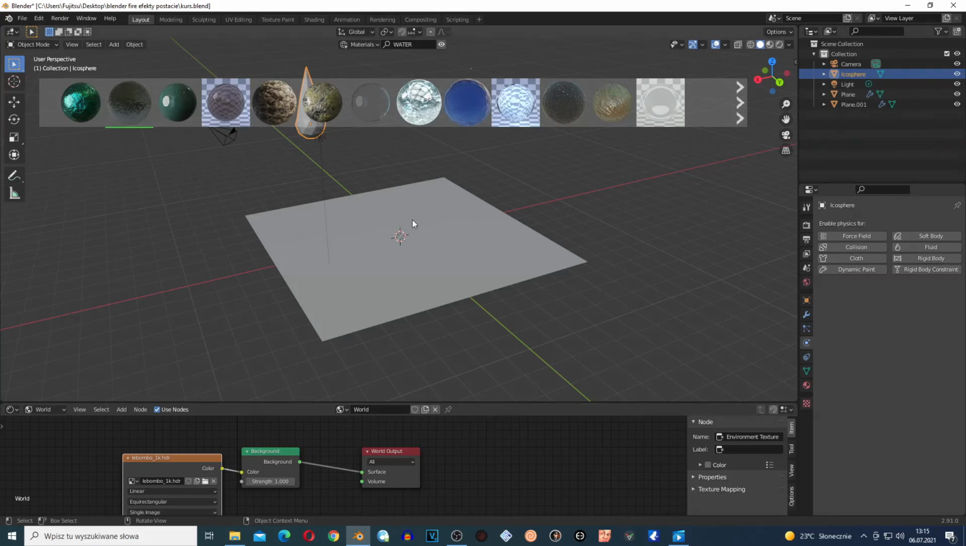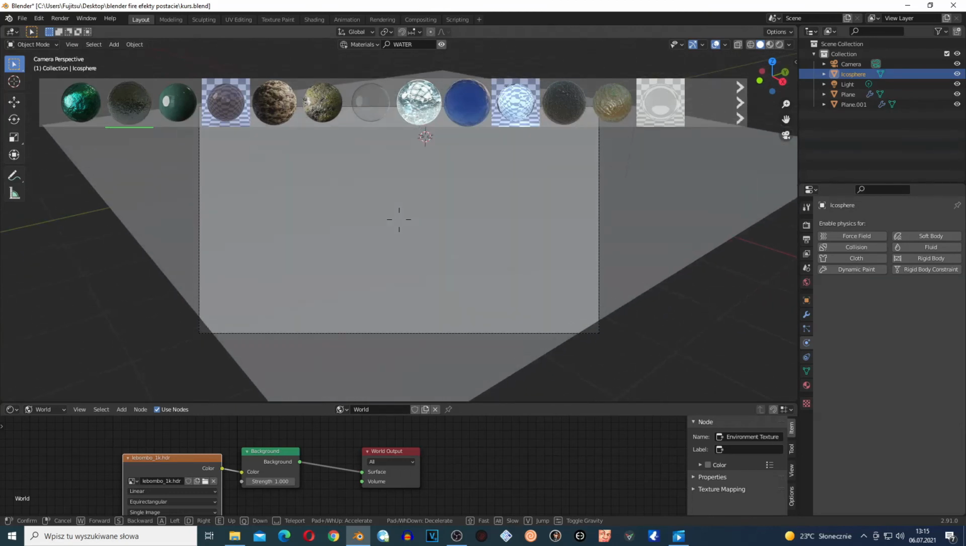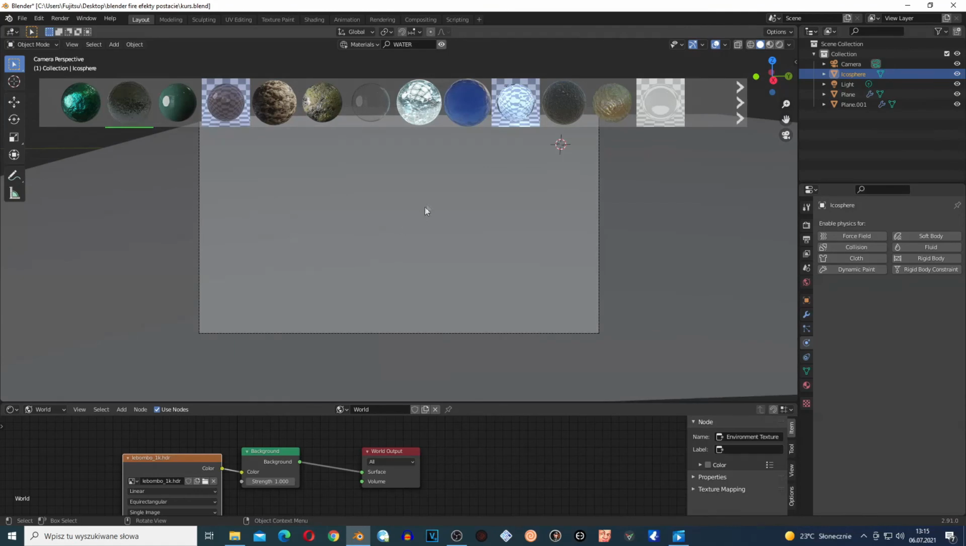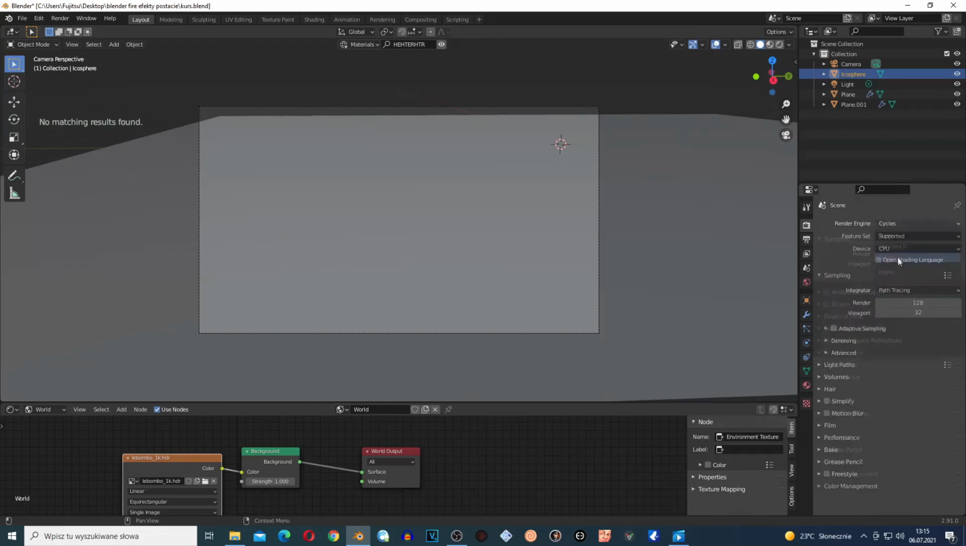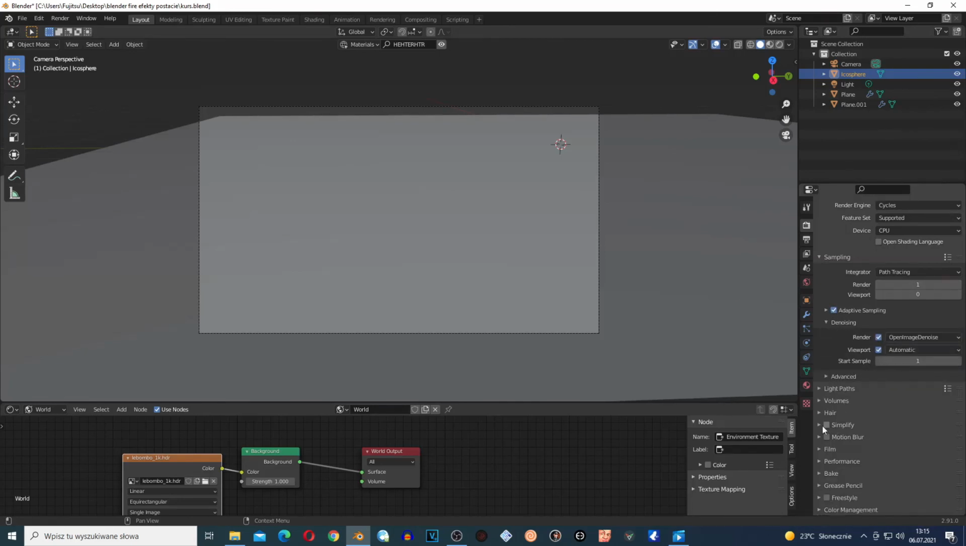I plug this. I'm gonna go to the camera, change the angle of the camera to do some kind of shot, maybe something like this. And I'm gonna go to the render. I'm gonna change this to the cycles. I'm gonna bring the values down because my PC is kind of weak. Denoiser, I'm gonna add denoiser, and